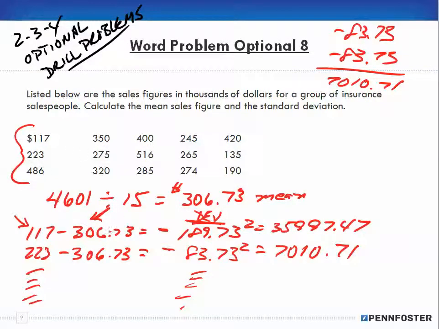mean of 306.73 from each one of those numbers, and you get the deviation. And then when you have the deviation, you square it, meaning multiply it by itself. And so now you have that deviation squared in this column here, right? Once you have all 15 of those numbers, then you're going to add them all up, right? And in this case here, we end up with 197,